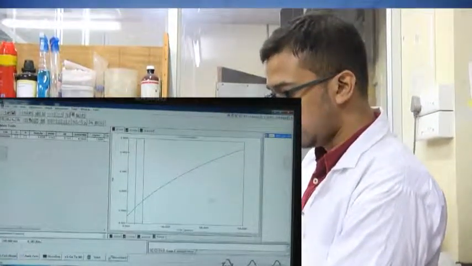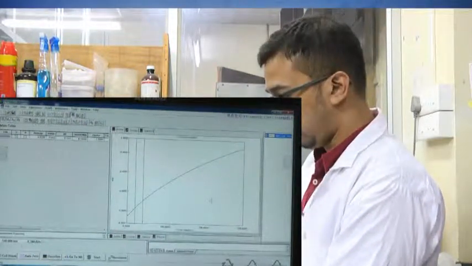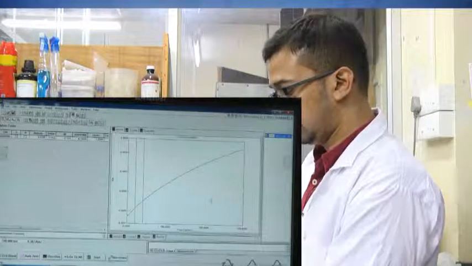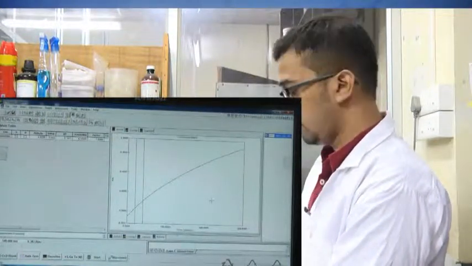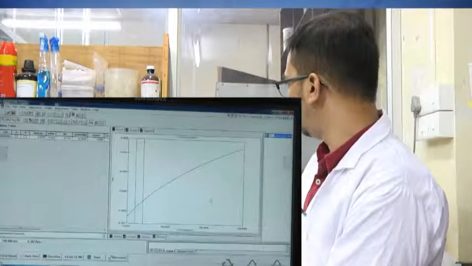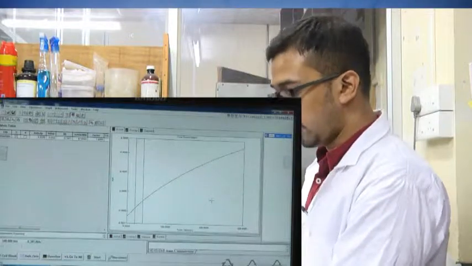So, the serial number is 1 and the activity I am getting here is 0.0576, and the milli-absorbance per minute here we are getting is 57.6092. Okay. So, I am recording this one.